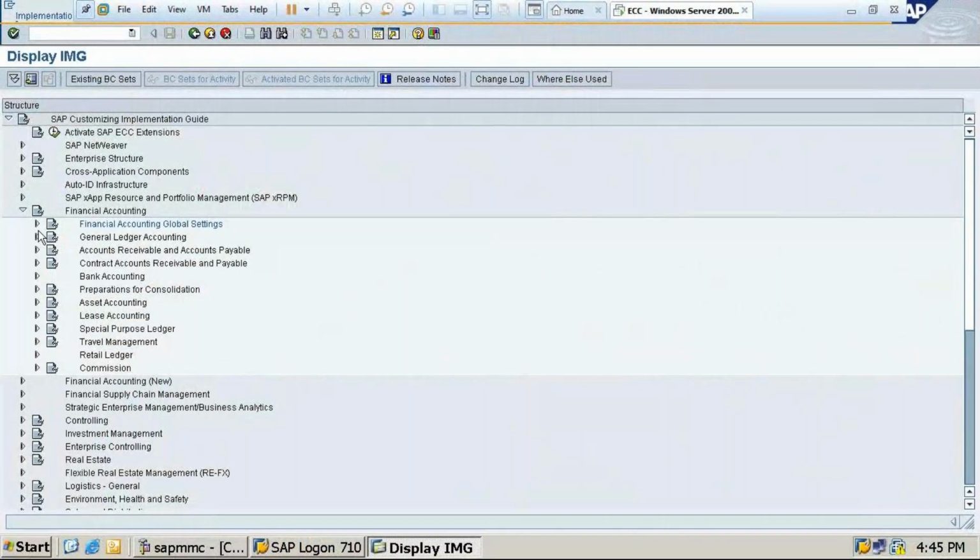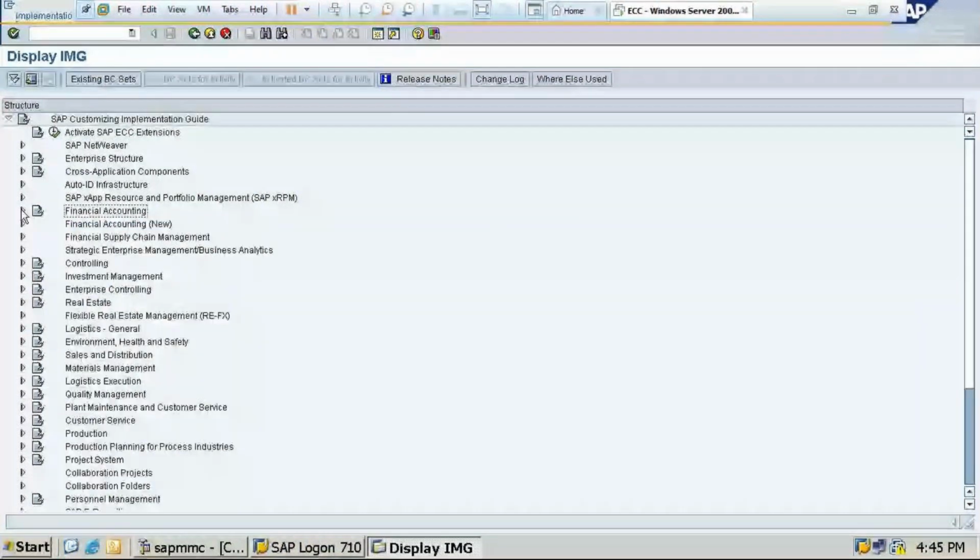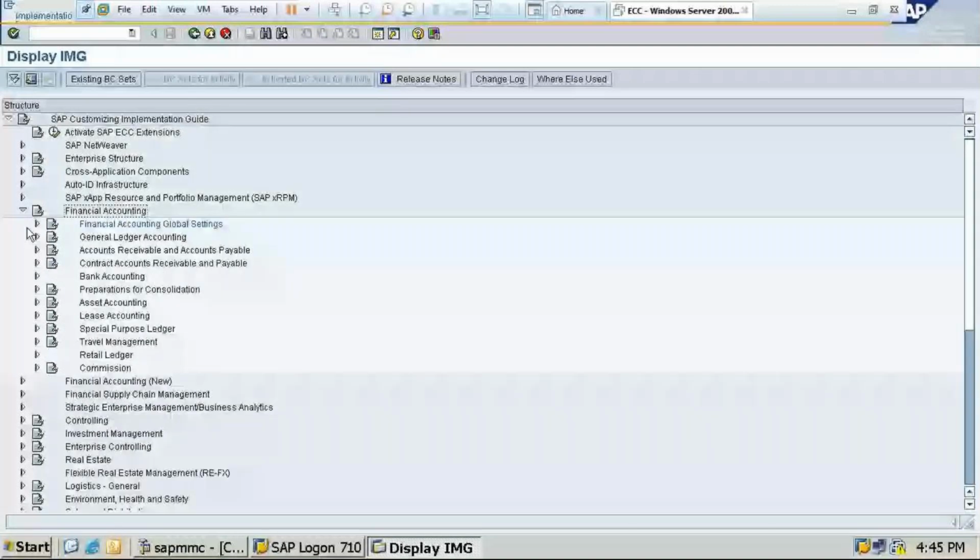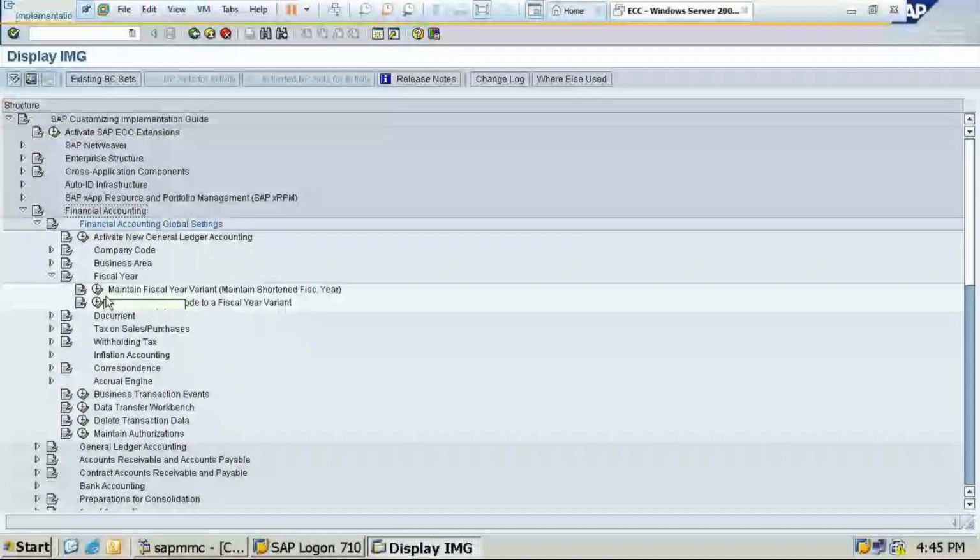So here, same, we have come across this in financial accounting. There I have written only global settings, financial accounting global settings. In that, fiscal year, you can see here, in that maintain fiscal year variant. So if I just click on this clock button,